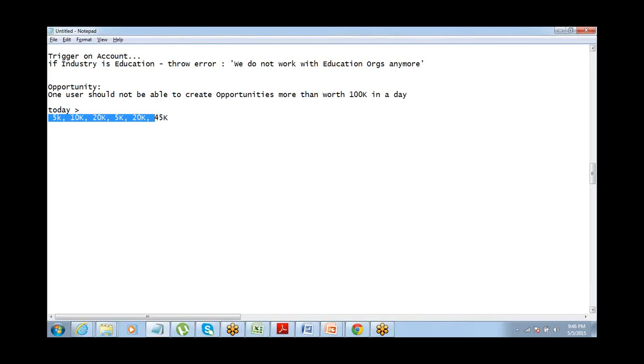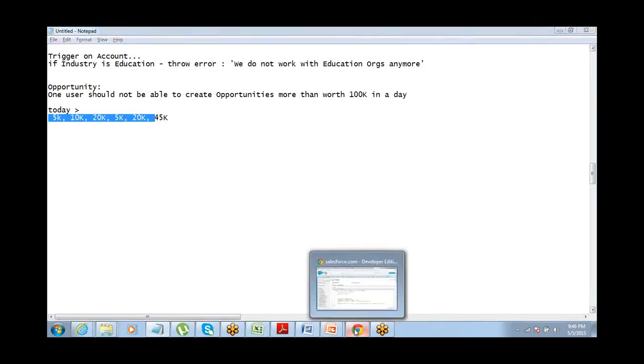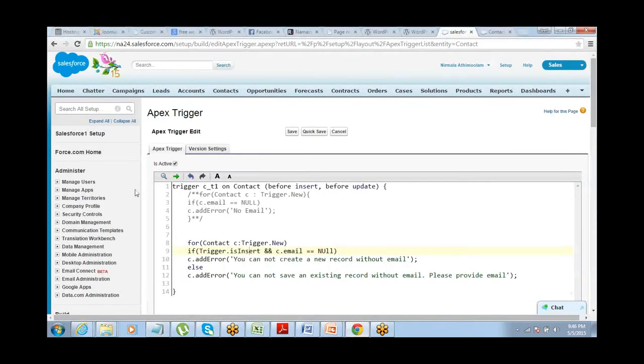Okay, so there are two ways of writing this. One, we can simply start writing this program from the trigger, but since we have seen this way of writing a trigger, I will show you another way of writing a trigger.